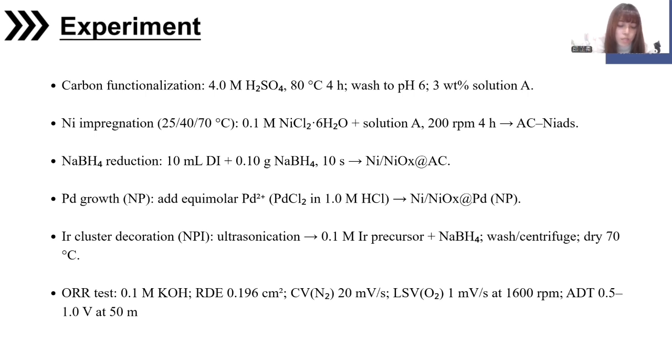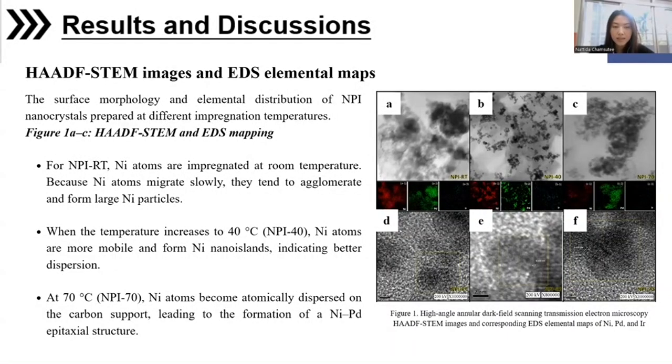Cyclic voltammetry is measured under nitrogen, linear sweep voltammetry under oxygen at 1600 RPM, and durability evaluated by an accelerated durability test, ADT. In this slide, we'll explain the STEM image and EDS elemental map of the NPI nanocrystal